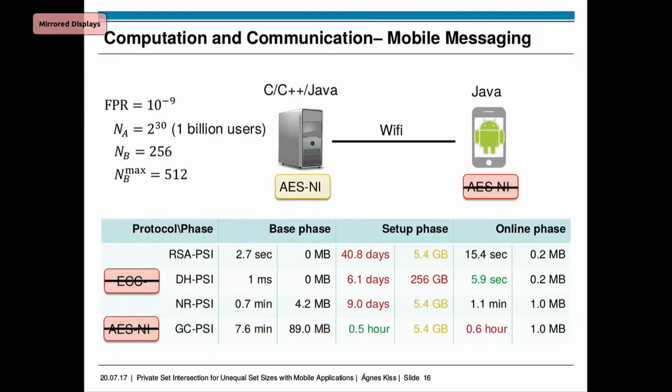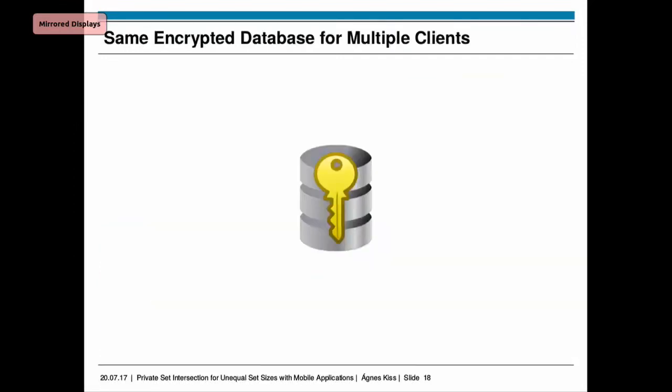And then if we look at a much larger scenario, with more than 1 billion users in the database for a messaging service and a bit more elements in the client set as well, then we see that this becomes inefficient. We're not too happy to perform days of computation in the setup phase. Those days go for encrypting the database, so the billions of elements. And can we do anything about that?